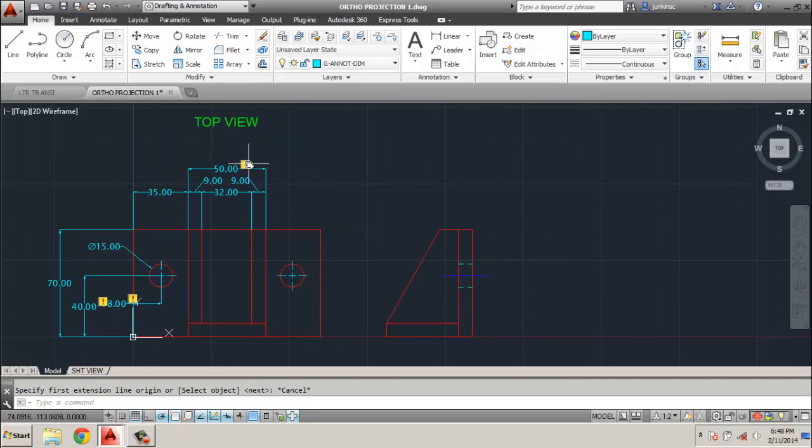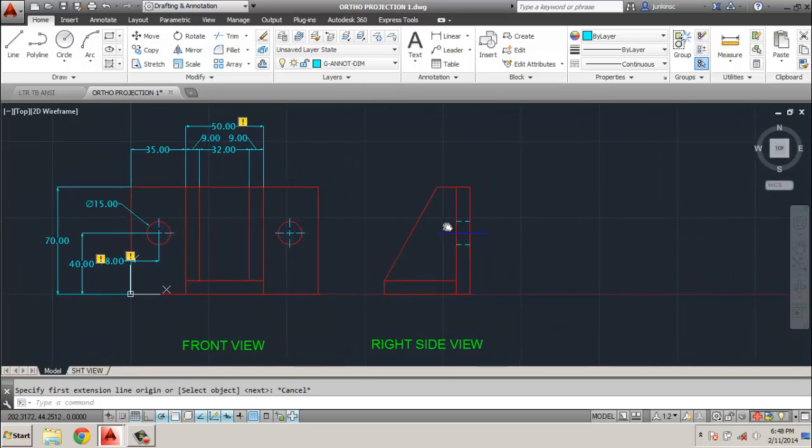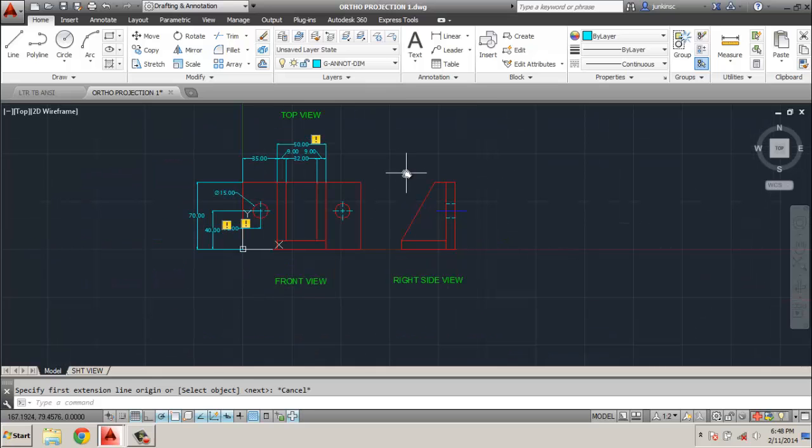Don't worry about these little notes; it just says something about reassociating it. It won't show up on your print. So over here on this side, and this will be symmetrical, so